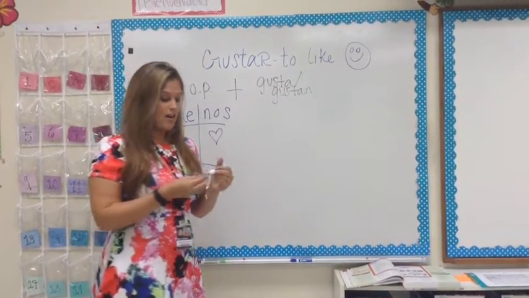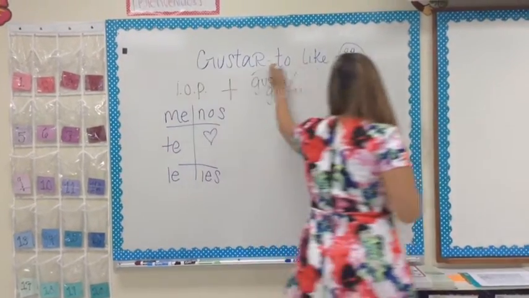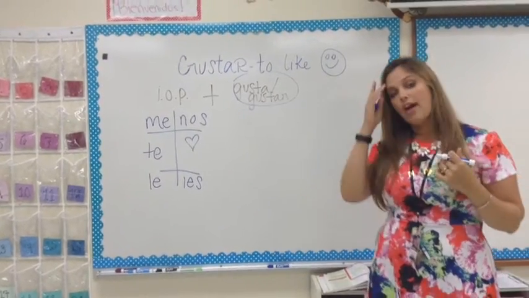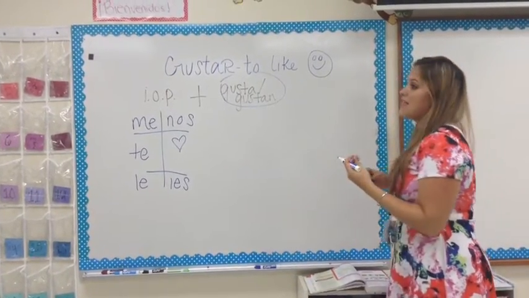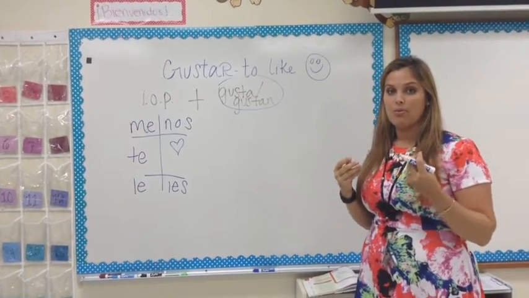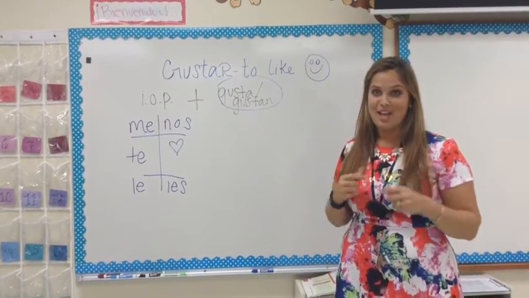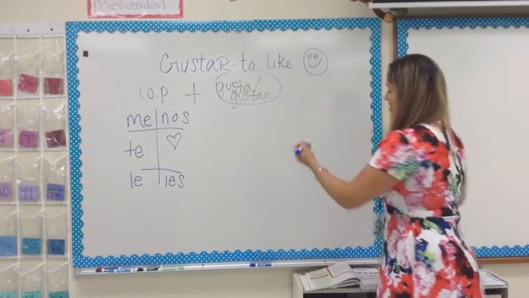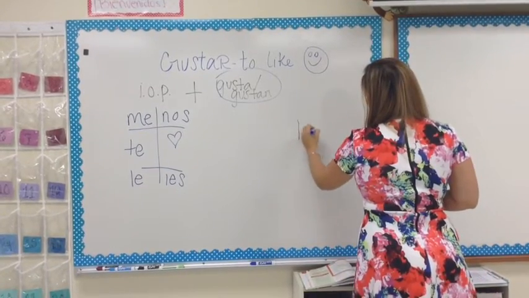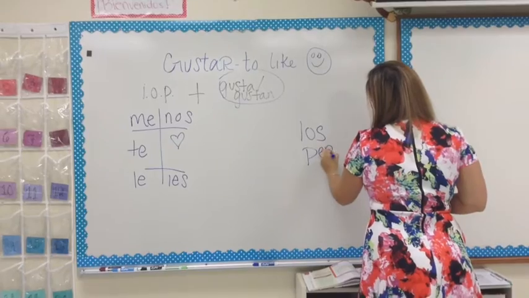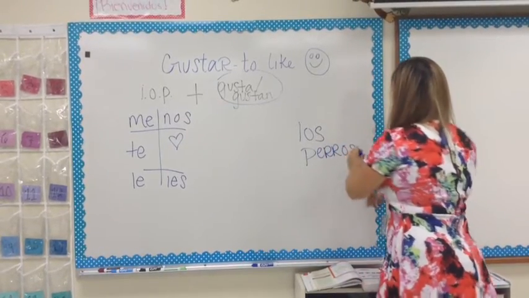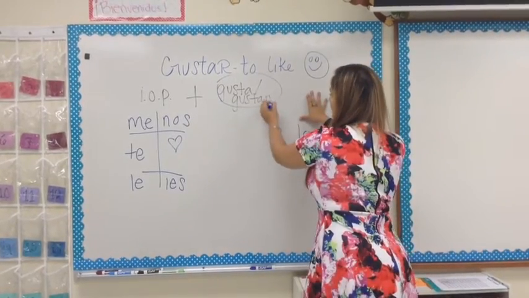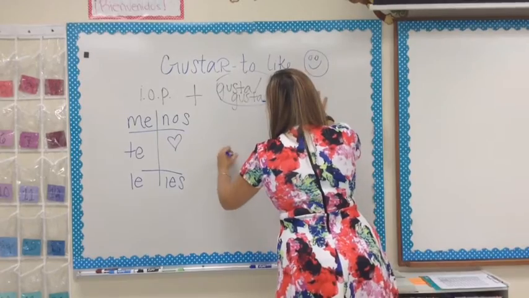Now the second part of this equation is whether I choose gusta or gustan. So it always depends on what follows it. So if I wanted to use something that is plural, a noun that is plural, remember that a noun is a person, place, or thing. So if I wanted to say, I like the dogs, I would finish it with los perros. Los perros is plural because there's multiple of them. And in that case, I have to use gustan. So I would use gustan